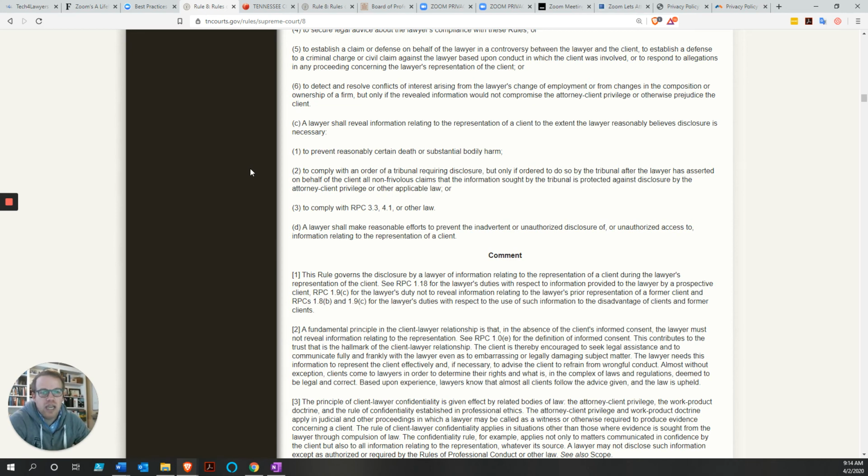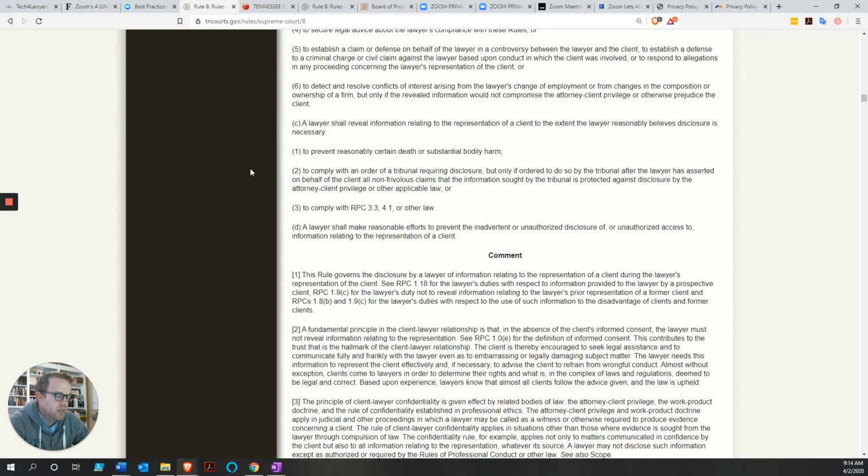Essentially here, we have to keep unauthorized parties from getting to the information that we have or that we share about our clients. Now, this includes information about our clients themselves, like their name or their address, as well as information about the matter that we're handling for them. So this obviously isn't some draconian rule where we have to guarantee the safety of our client data absolutely. Except in the case of PHI, but this isn't a CLE on HIPAA compliance, so we're not really going to get too far into that.